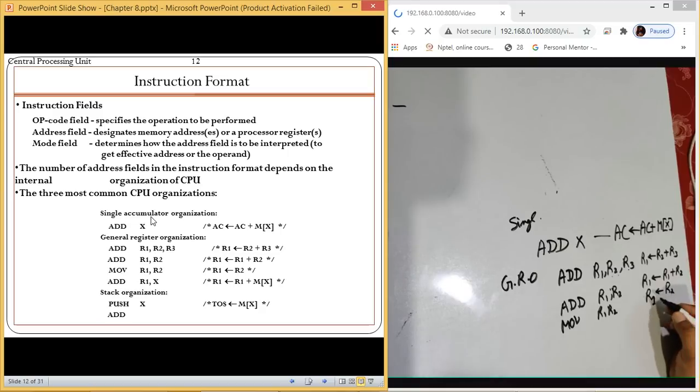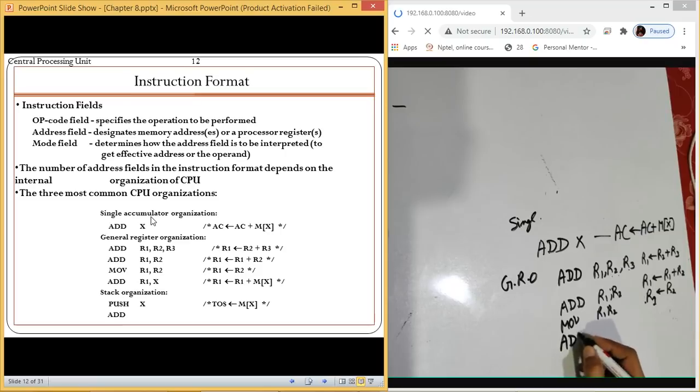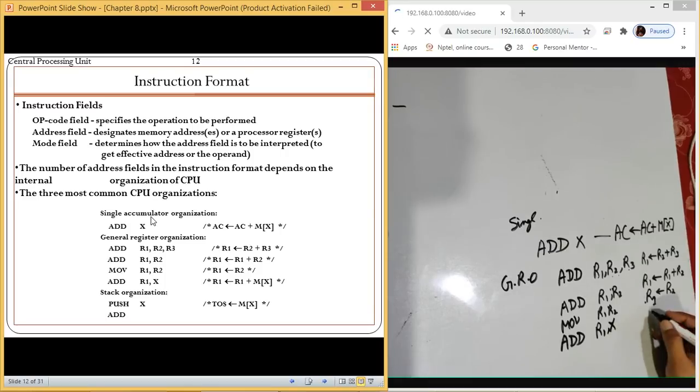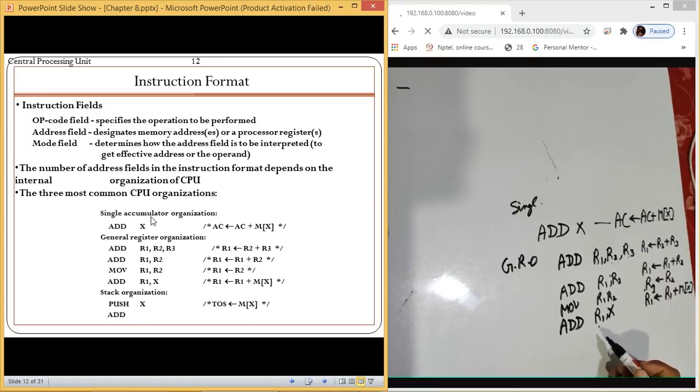So R2 content is shifted to R1. If it is an add operation with R1 and a memory location X, then data from memory will be added with register R1 and the answer stored in R1. So this is our general register organization.